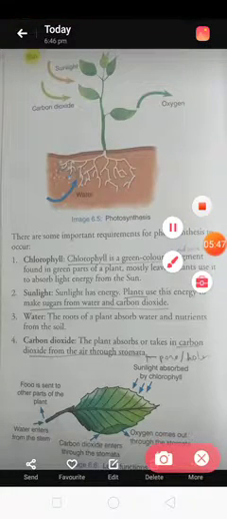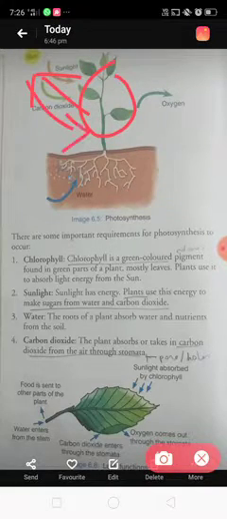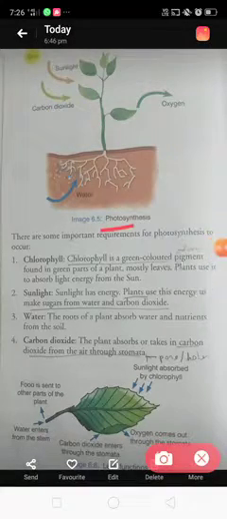In photosynthesis, from the diagram you can see, this is the plant. They are getting energy from the sun, and from the sun they are getting food. That food is manufactured in their leaves, and that leaf is eaten by living things. Living things means animals, and we people also. Now in photosynthesis, photo means light, and synthesis means prepare. That means the process where food is prepared by the plant.